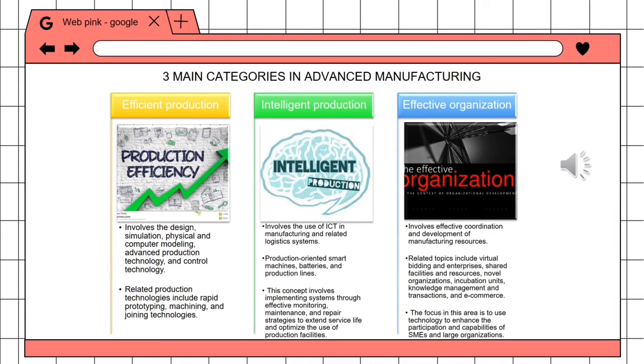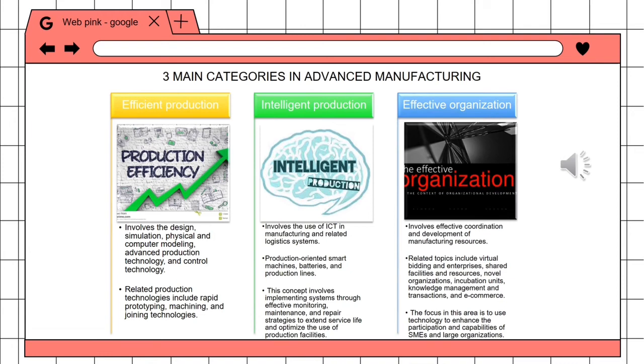Second, intelligent production involves the use of ICT in manufacturing and related logistics systems, such as production-oriented smart machines and battery production lines. This concept involves implementing systems through effective monitoring, maintenance and repair strategies to extend service life and optimize the use